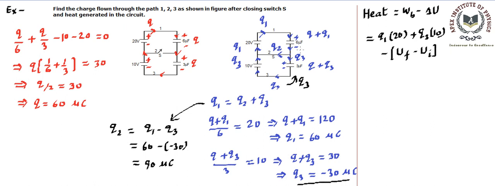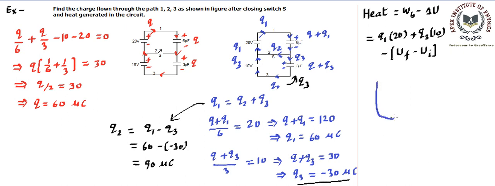Now since we have found out the charge initially and finally on the capacitors, we can easily find out what is U final, the stored energy. When we say final stored energy, that means including both the capacitors, and when we say initially, including both the capacitors. So you just find the values of final stored energy, initial stored energy, and Q1, Q3 we have already calculated. We can put them here and find out what this value is going to be. So you just solve this and find out. I can assume that you can make these calculations done and try this.